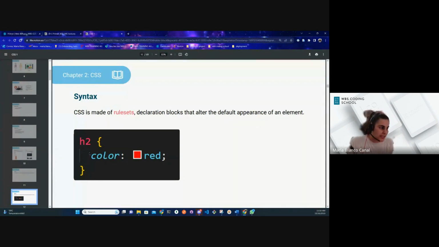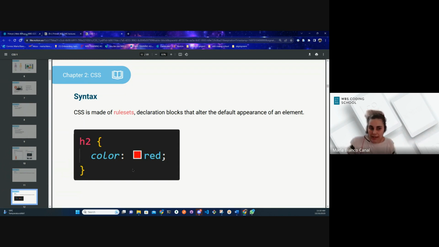So in this case, we have the H2, which is the HTML element that we're targeting. Then we have the curly braces, and then we have the first rule. However, we can have more than one rule in here. Right now, we only have one, but we could have 2, 3, 4, as many as we need to style the